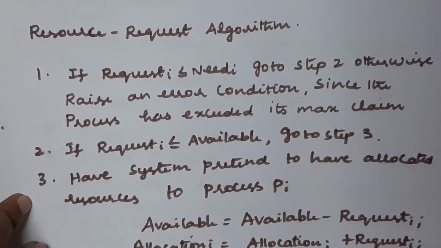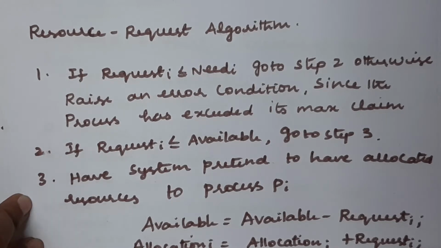We already know the value of max. Max is the total number of resources which it needs, and allocation is the resources which are allocated to some extent, not at the max. It will not be satisfied with the max value. But request is, while it is allocating, the process is requesting some more resources. That is what the request data structure is.